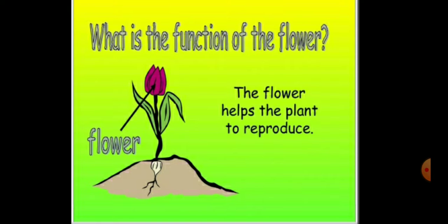So children, the outermost whorl is composed of green leafy structures. These leafy structures, which are green in color, are called the sepals. Next, the inner whorl is composed of colorful, brightly colored parts. These brightly colored structures are called the petals, because they are colorful so that insects are attracted and pollinate, carrying the pollen grains.